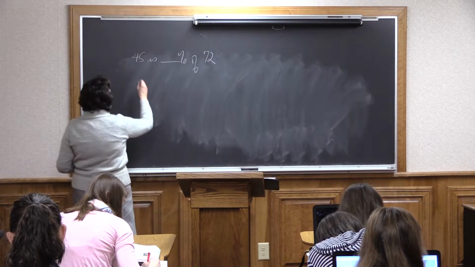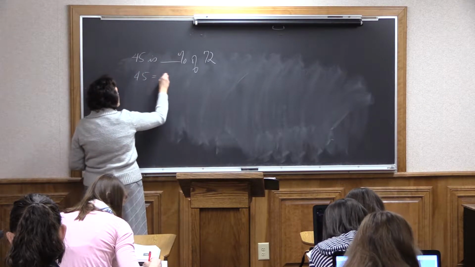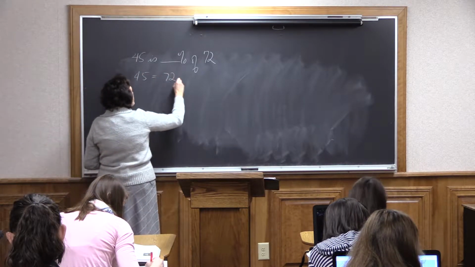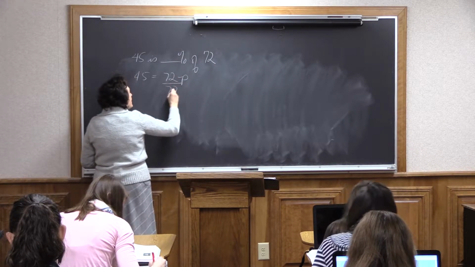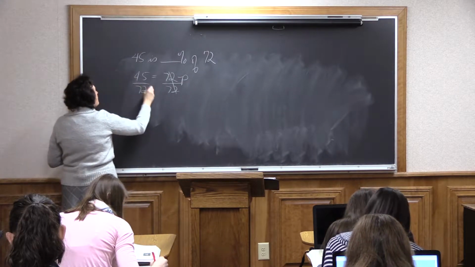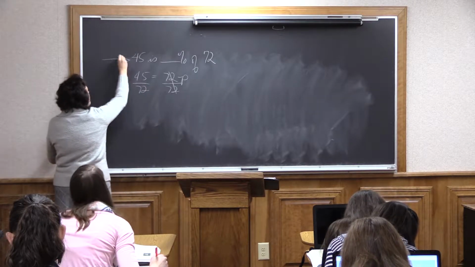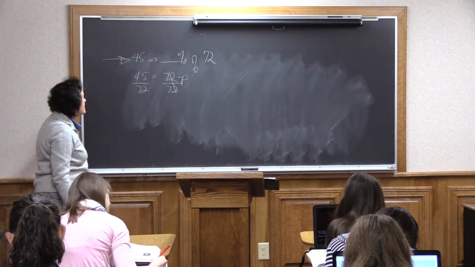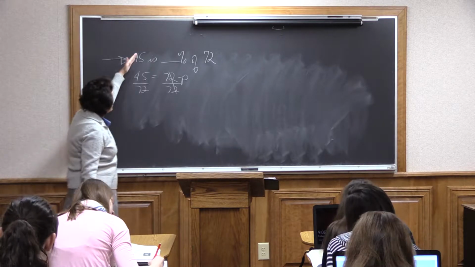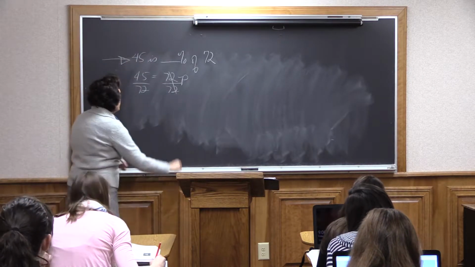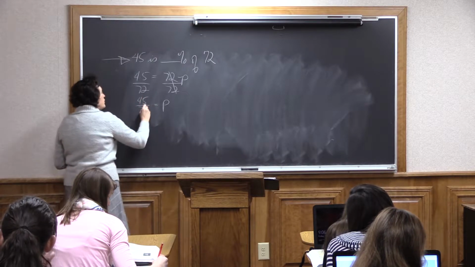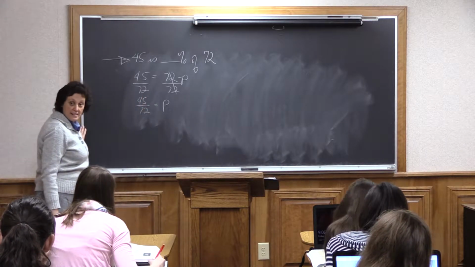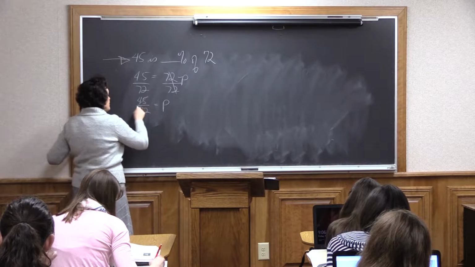This just is very simple. 45 equals 72 times, we'll use a p, and then I'm just going to divide through by 72. Remember, here's our first method for solving percents: algebra. Translate this as an algebraic equation, and it's going to tell you that p is equal to 45/72, right? Which reduces to